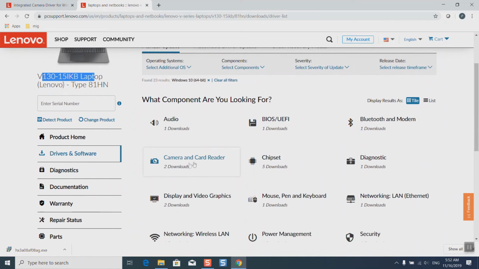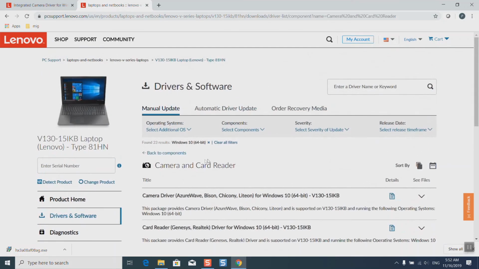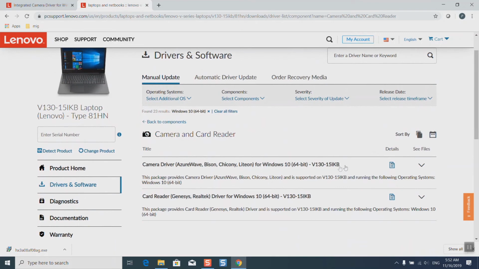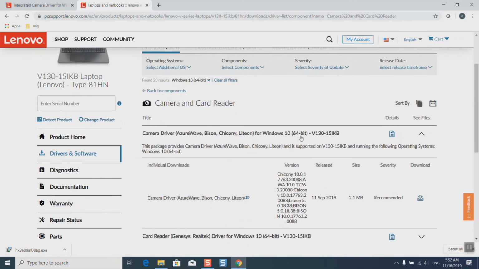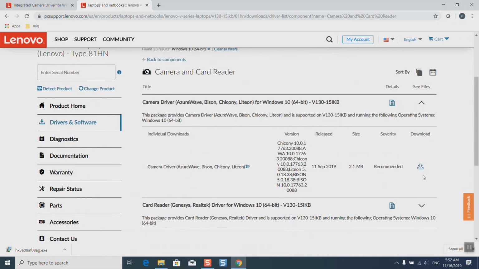So here I have camera and reader, card reader, and here camera driver, exact Windows 10 64-bit. I don't have any other choice rather than 64-bit for one reason, that the computer which I have has been made only in 64-bit version. So I will click download here, and once done, we can go ahead and disable our internet, and we can continue. So here I have the driver, show in folder,